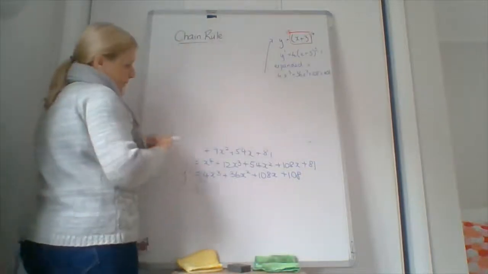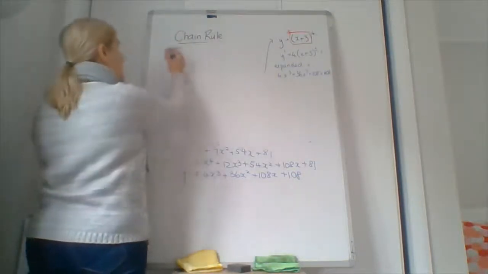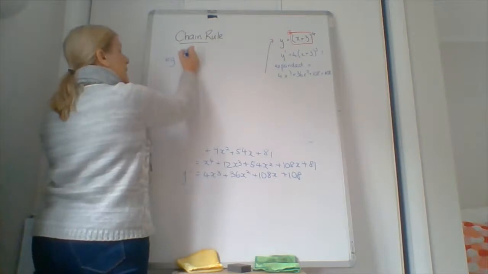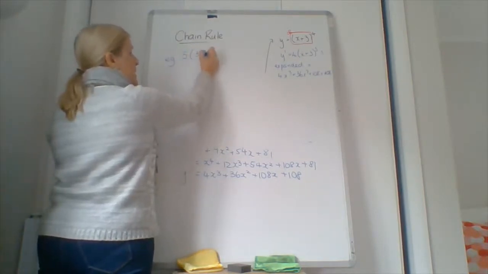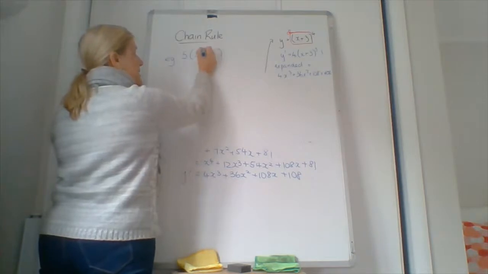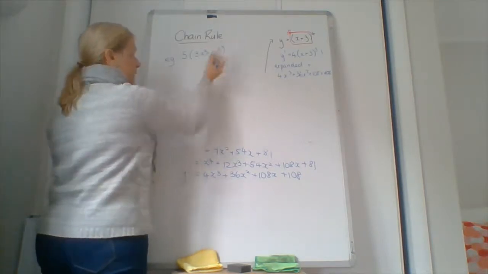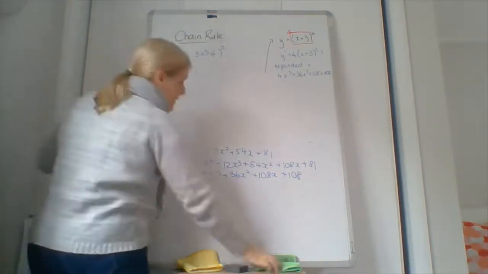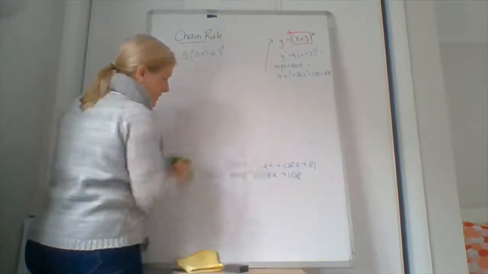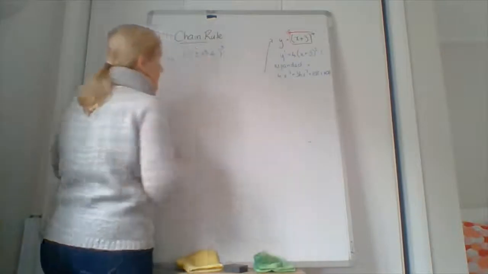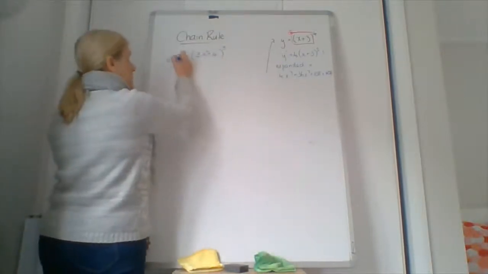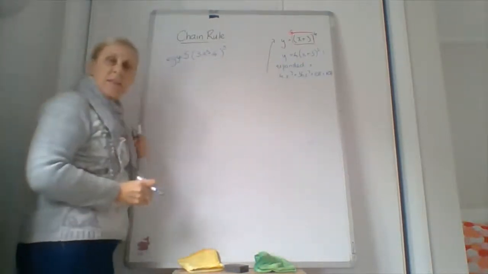So let's say we've got 3x squared plus 4 to the power of 3. Keep going, rubbing out. So if that's equal to y, I keep forgetting that bit,